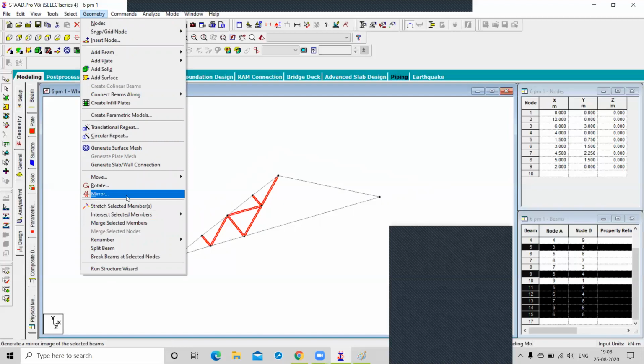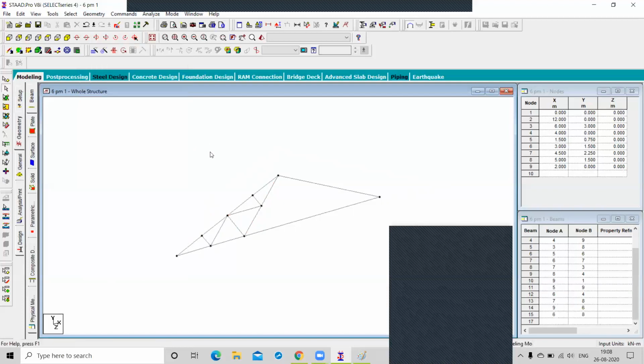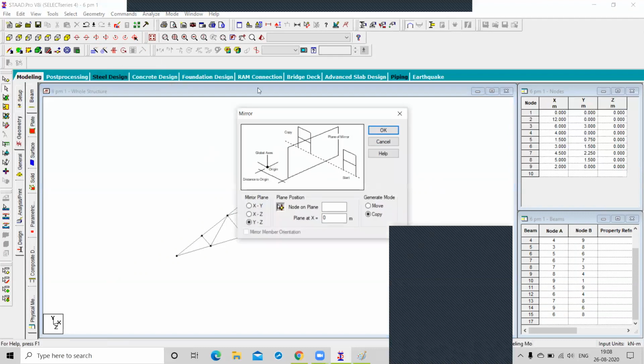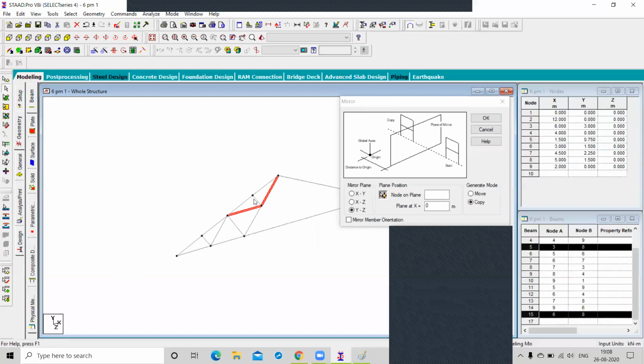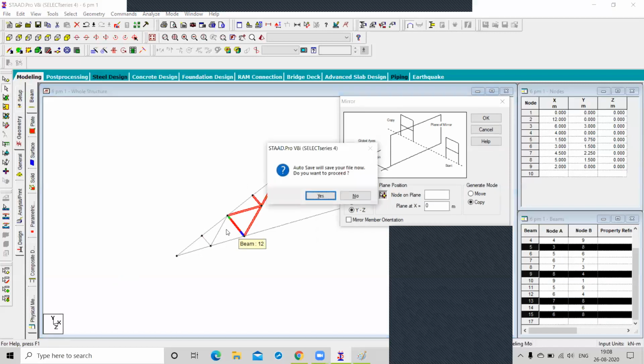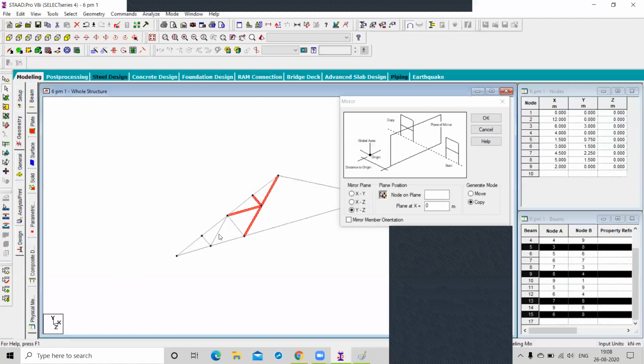Or we have this icon also for the mirror, and you can create from any one of your points, right? First just select all your beams by pressing the control and select all the members, like this.